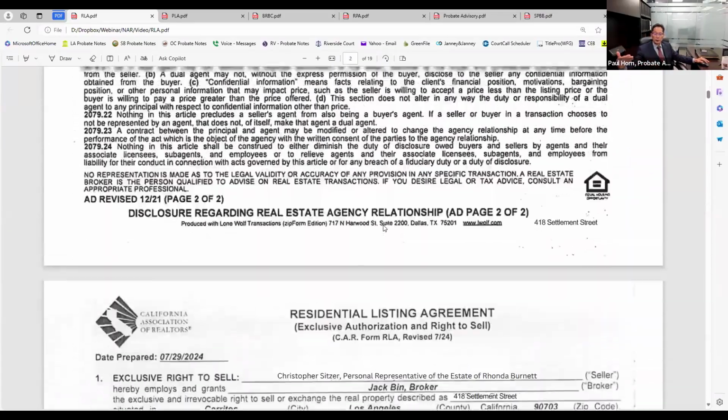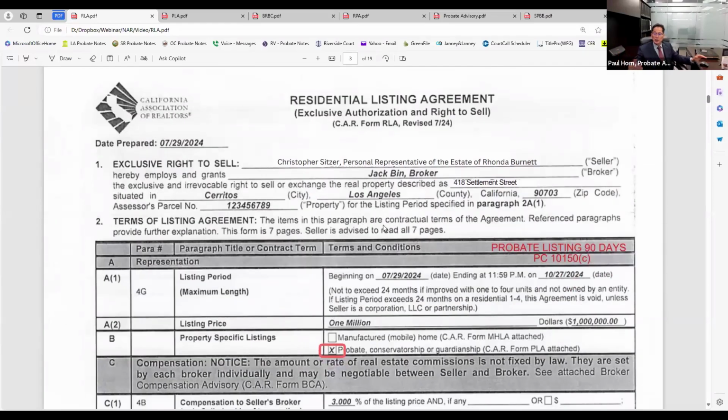Now, when we get to the residential listing agreement that you see on the screen, this is brand new. It just dropped, probably not more than 2 weeks ago, July 2024.